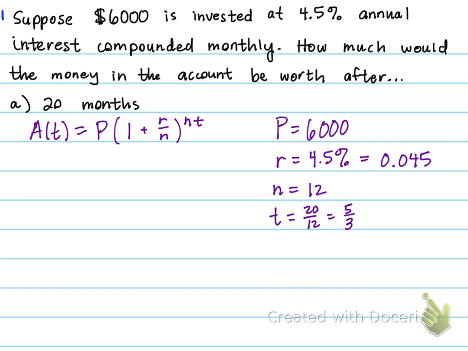Now we're going to plug it in to find how much A of t is. Again, you will need a calculator for this, so please grab a calculator. Plug in your formula. You have 6,000 times 1 plus the rate 0.045 over 12, to the 12 times 5/3. Now from there, when you grab your calculator and type all that in, it's going to give you the answer of